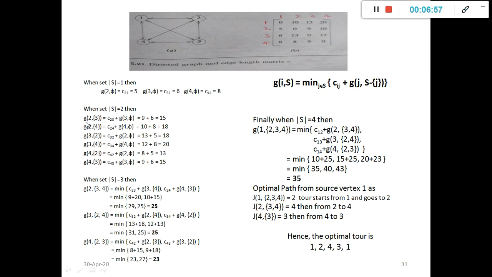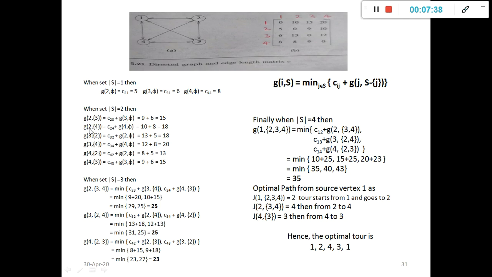Now you have to solve it. The cost of 2 comma 3 is equal to the cost of 2 to 3 plus the cost of 3 comma 1. Again, from vertex 3 he is not visiting any next vertex, and obviously the next vertex is the source vertex. You will get the cost of 2 to 3 from this table, which is 9, plus the cost of 3 to 1 from the previous value, which is 6. Then 9 plus 6 is equal to 15. So you get the new value when the traveling salesperson visits from 2 to 3 as 15.